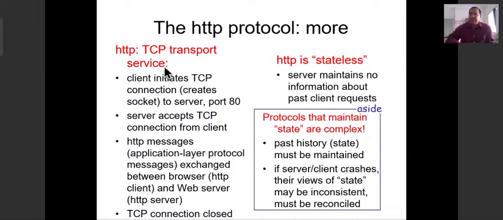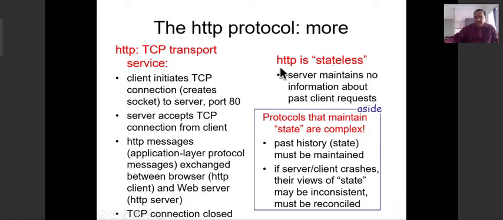The HTTP protocol works this way. The TCP connection request goes to the particular IP address and port number. The IP address is supplied by DNS. The port number for HTTP is 80, the server port. That is the TCP connection request created. The server process responds back. The connection is created now. Then the HTTP request message goes: give me a copy of the home page. The response comes: please take this. Then the TCP connection is closed. Done. A simple process just like this.